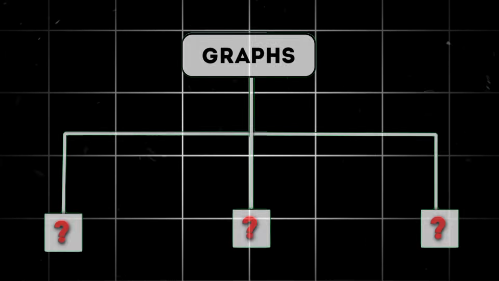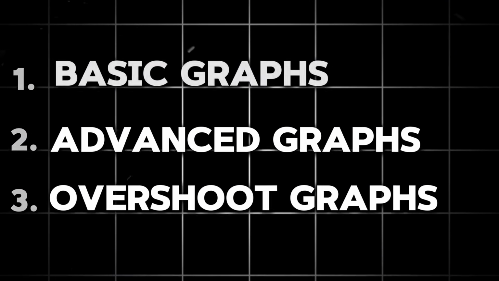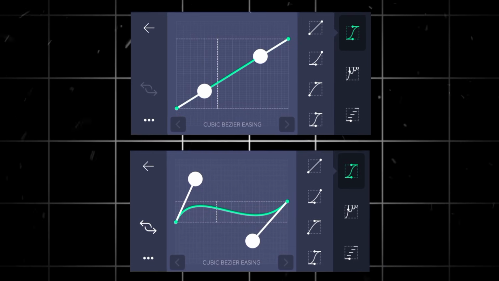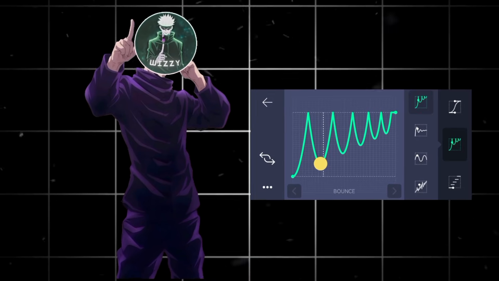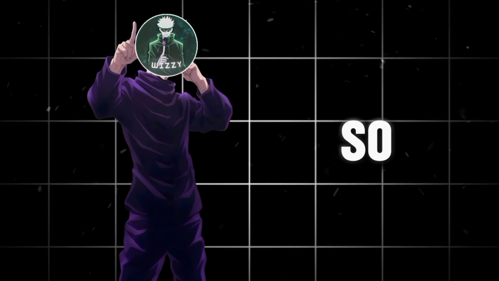Before we begin, here are some quick things you should know. We're breaking down graphs into 3 types: basic graphs, advanced graphs, and overshoot graphs. But in this video, we're only covering basic and overshoot graphs because let's be real, if you're just starting out, advanced graphs can wait. And yes, I will be making another tutorial on advanced graphs soon, so hit that subscribe